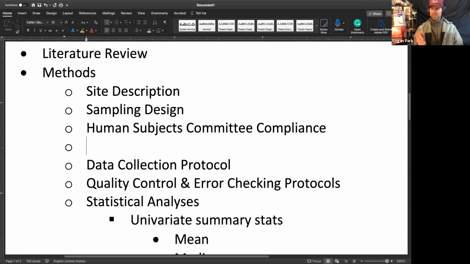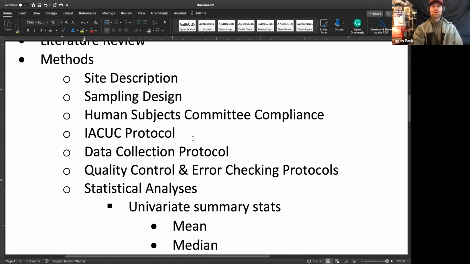Along that same line, again, if you're working with animals, the IACUC protocol is the one that is federally mandated by the United States government to make sure that you are not abusing animals and causing undue harm or suffering to animal participants in your study. Okay,